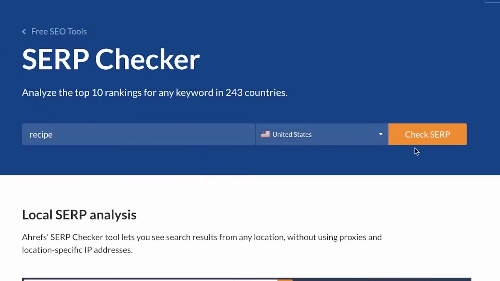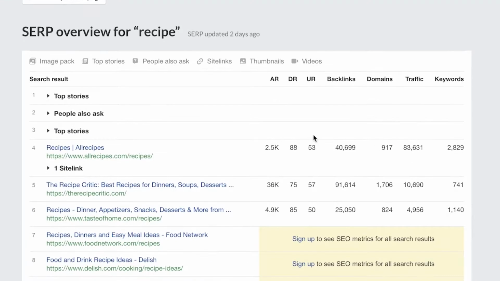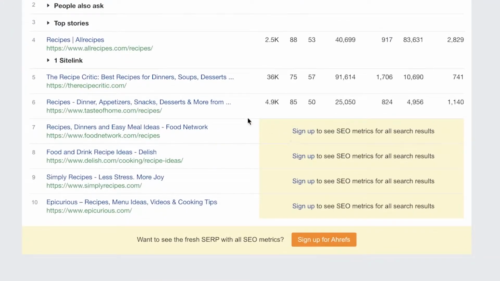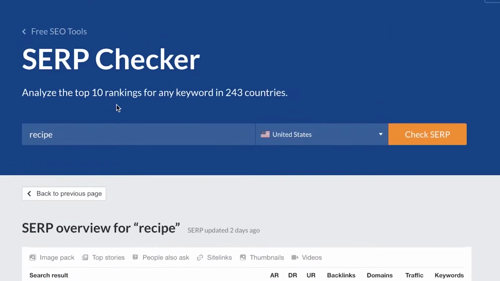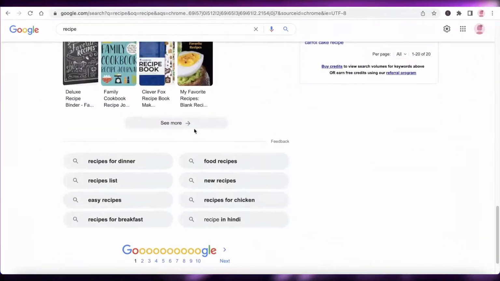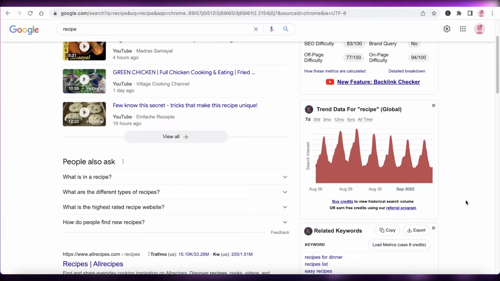Now, whenever you take a look at a keyword, you need to see how many people are actually searching for it. Once you see how many people are searching for this kind of keyword, you want to make sure that you know the search intent and whether it has low search volume. If it is only being searched 1,000 times and you're on the bottom of the top page of Google, that means the bottom of the top page has a CTR of like 1%, 2%. Even if you're getting 25% of the people to click on your link,